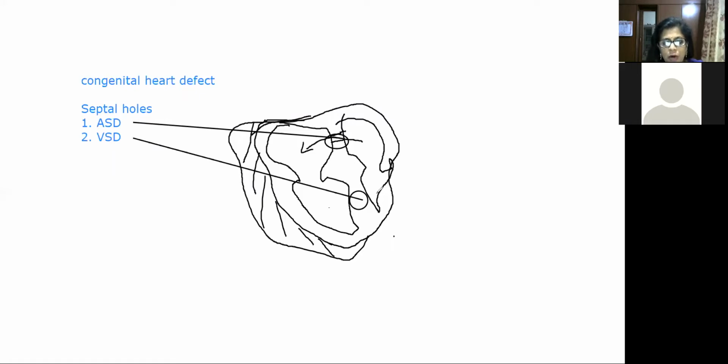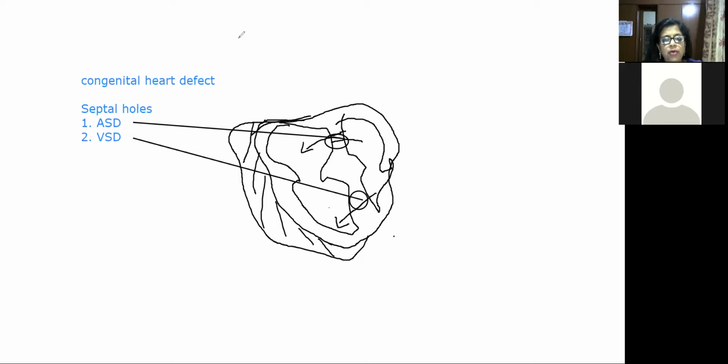If VSD is there also, it will be transporting the blood from left to right only. Always left to right it happens, not from right to left. This is because left to right shunt is common because left walls are thick walled. There is more pressure on the left walls. Therefore, there is continuation of blood supply from left ventricle to right ventricle, and there is enlargement of right chambers. Already they are thin walled. They will become more and more thin walled. Therefore, sometimes that is the indication that there will be some problem in ECG, right? In this kind of condition, you can observe it through ECG.